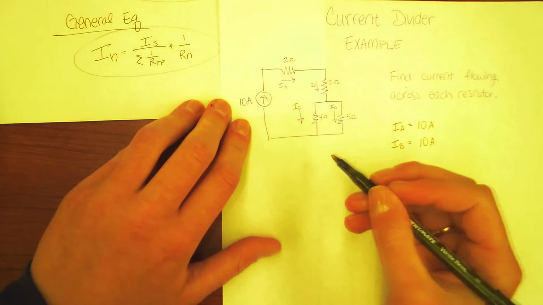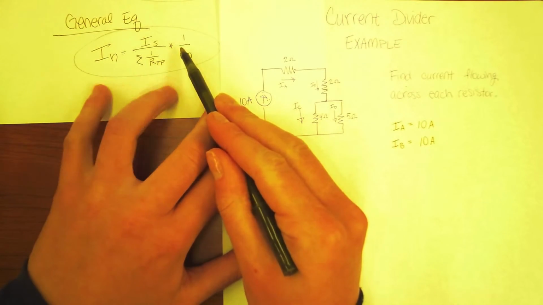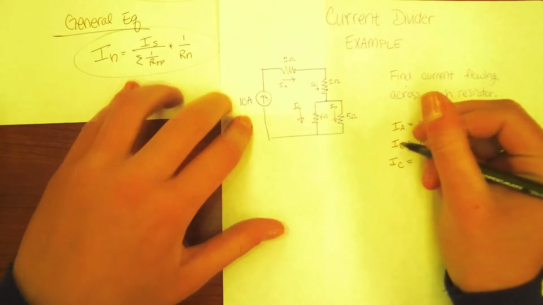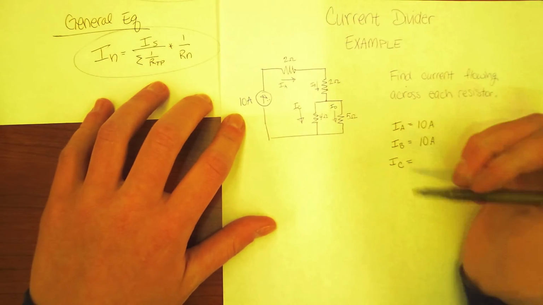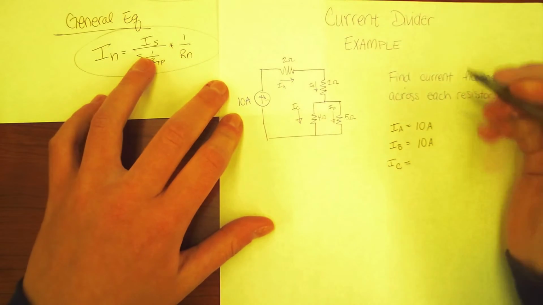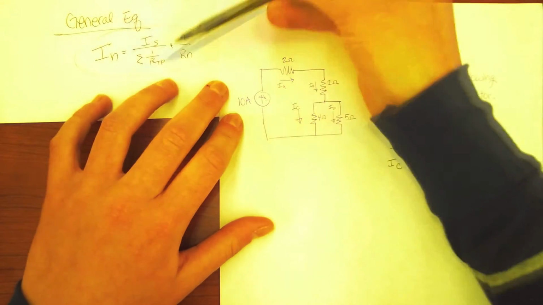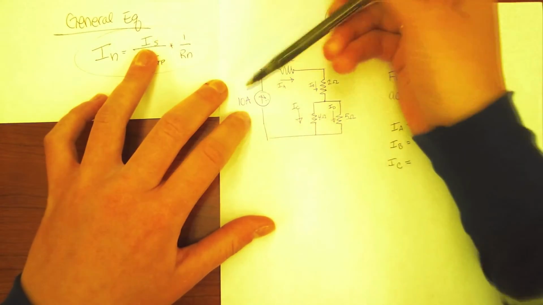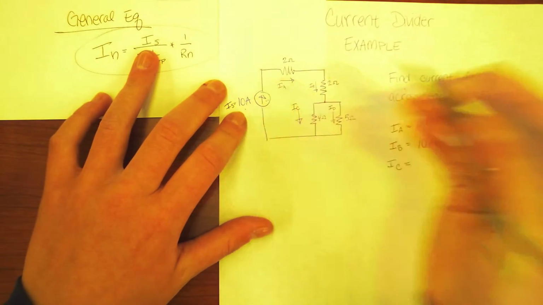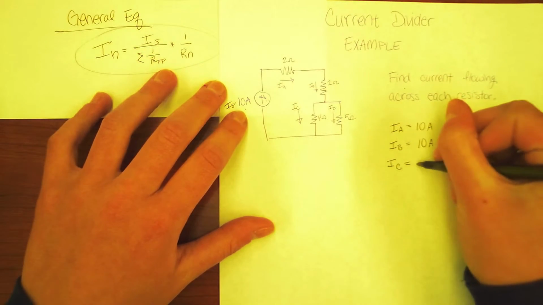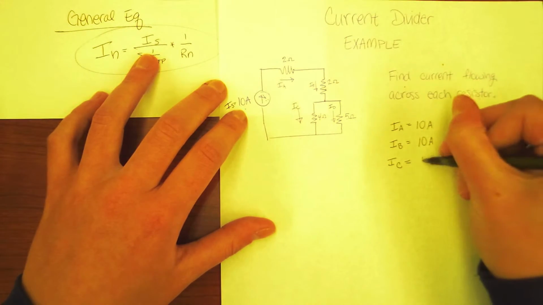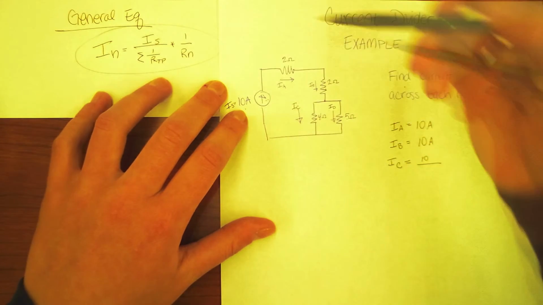So to do that, let's look at this equation, and let's look for IC first. You can do either first. I'm just doing IC for now. So according to this general equation, you need your IS, which here is going to equal this 10 amps right here. So IC equals, this being IC, equals your IS, which here is 10, divided by,